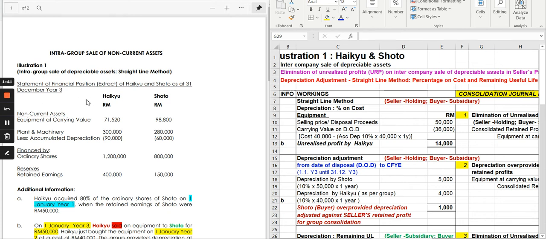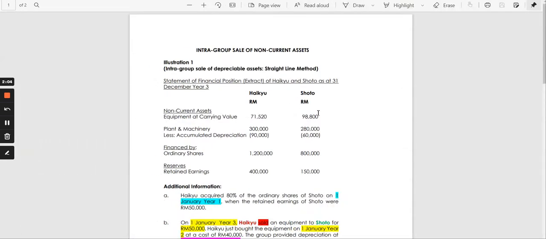So the over provision will also have to be adjusted. So this example will illustrate that area of having to do the adjustment for both unrealized profit as well as the over provision adjustment. And I have with me this example of Haiku and Shoto, where